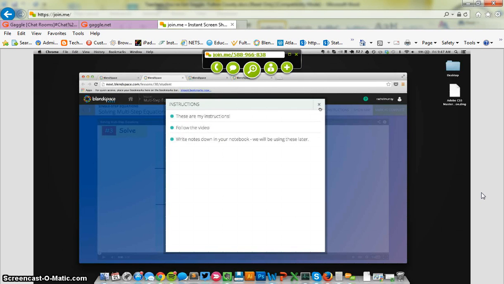We've also added instruction. Instead of having instructions on the right-hand side, now we can have instructions ahead of time. Okay. So the students are